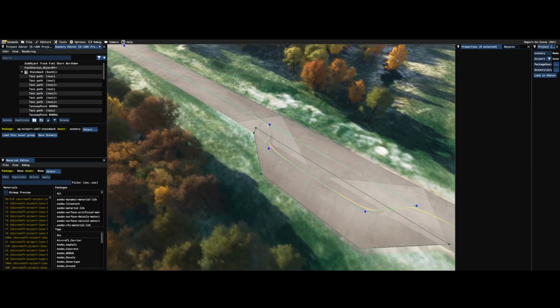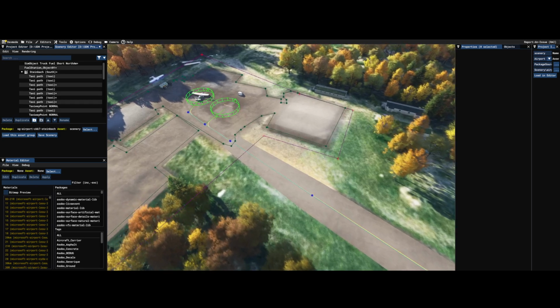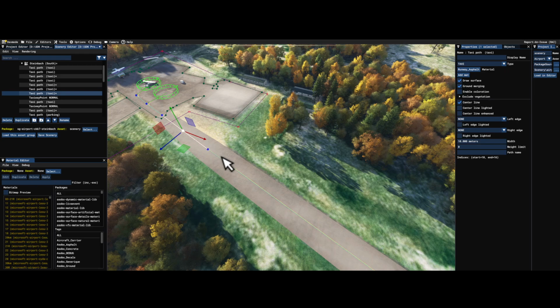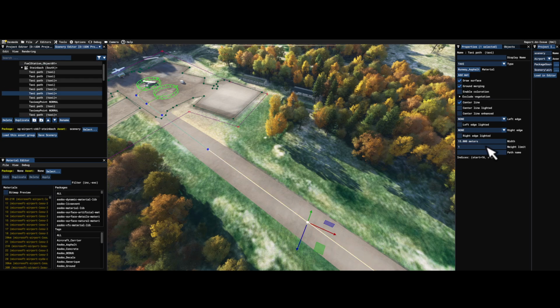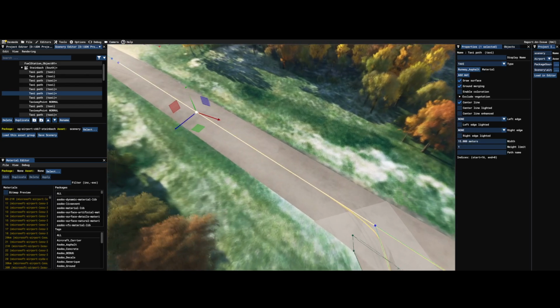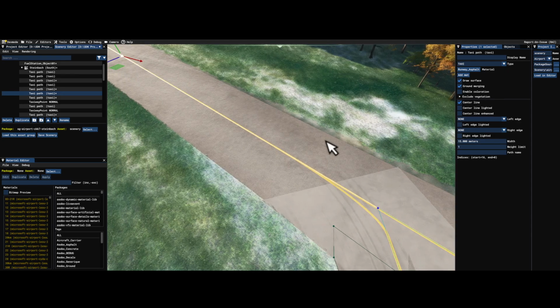Anyways, I won't focus too much time on that. I don't want to waste too much time on that. What I really want is I want to deal with things like taxi lighting and stuff like that. So let's do just that. Let's get some taxi lighting in here. So left edge and right edge. So you can decide whether or not you want to have taxi lighting on both sides. If you do, you just go like this, and we change this to